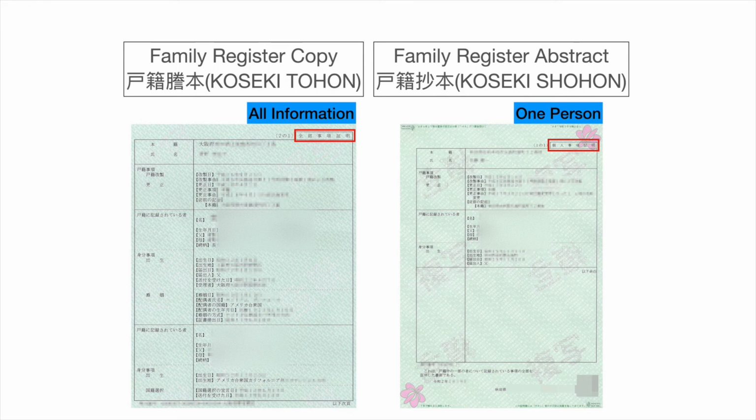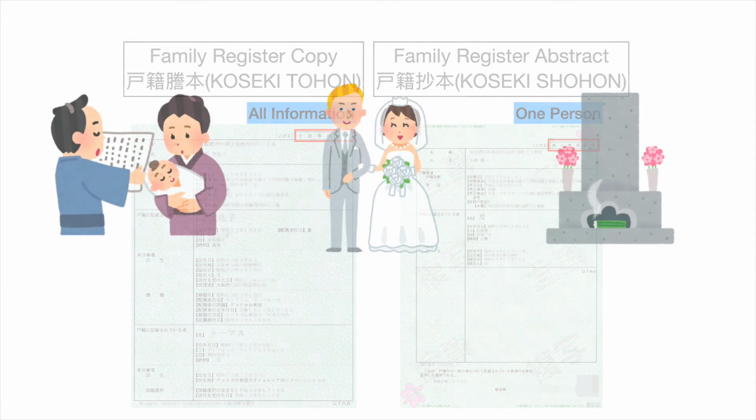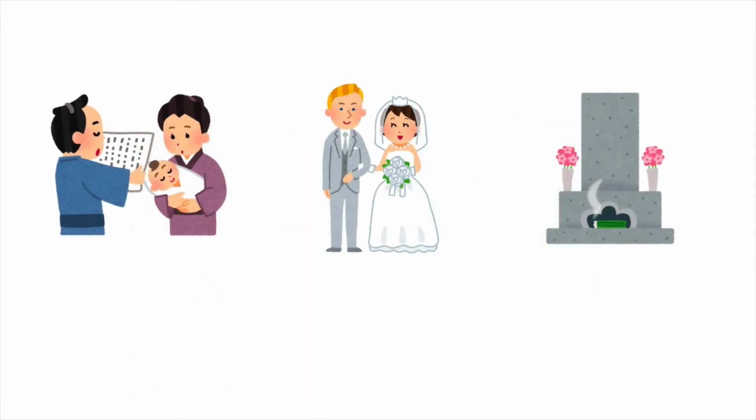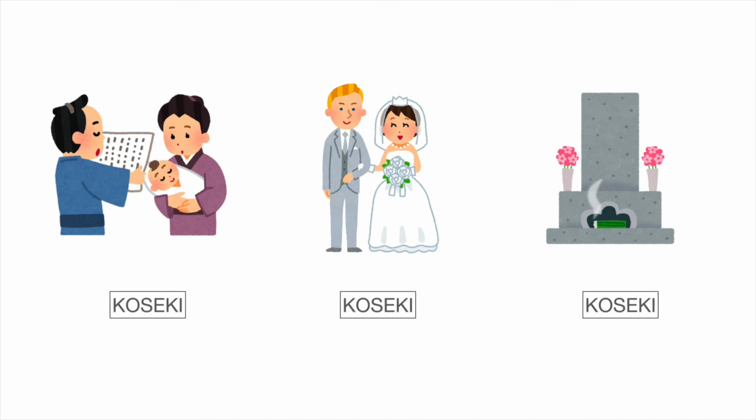In this video, I explain the types of family registers available and the difference between a Family Register copy and an abstract. If it were only one document that recorded information from birth until death, it wouldn't be much of a hassle. But now you know that marriage and even law revisions can cause the register to be divided into multiple documents. Next time, I will explain how to request a family register.